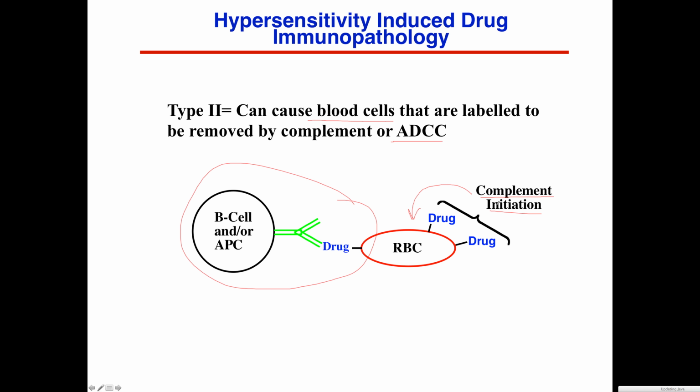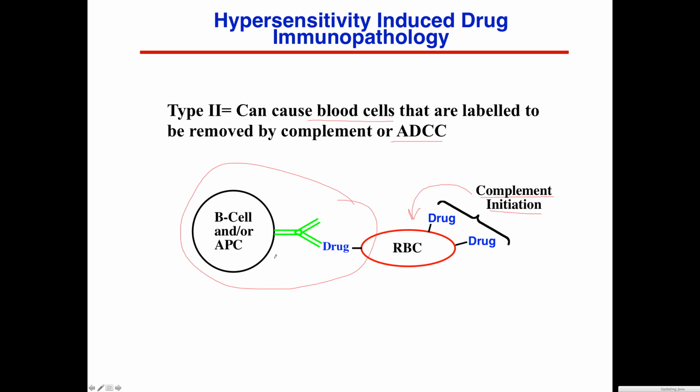But type 2, for what you need to know, really revolves around the destruction for drugs. That would be the destruction of red blood cells. Now you'll never go in and start looking for the type of hypersensitivity reaction, whether it's type 2 or type 3. But you'll be looking at the types of effects that come from that. And so just to reiterate,